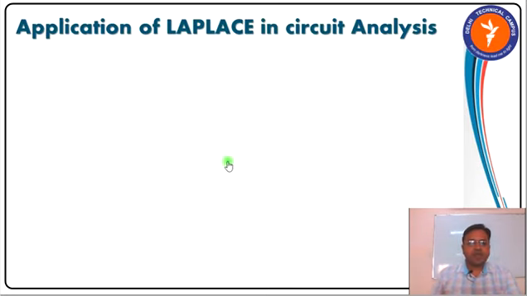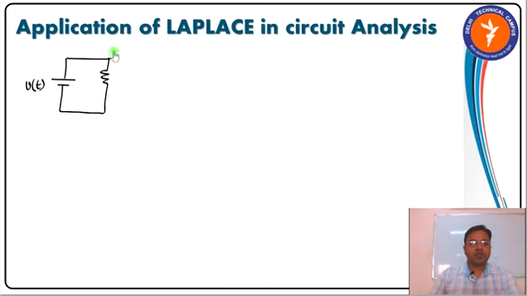In the last lecture, we were discussing the application of Laplace transform in circuit analysis, and we discussed a resistive circuit. In the time domain, say we have applied a voltage of v(t) across it, it will cause a current i(t) through it, and say the resistance is R. And if we convert this into the Laplace domain,